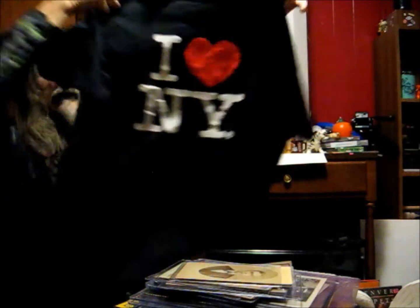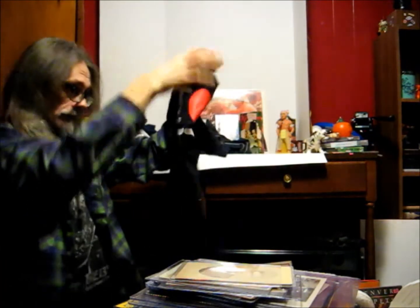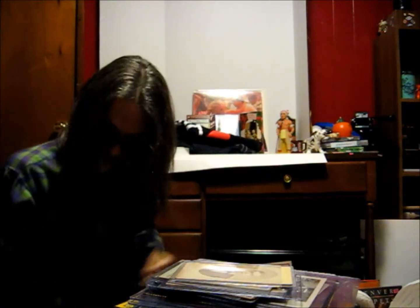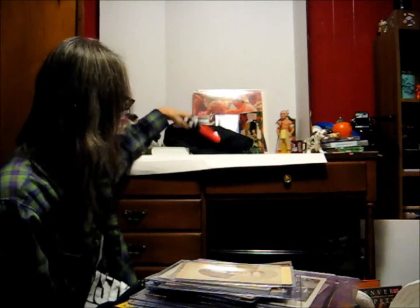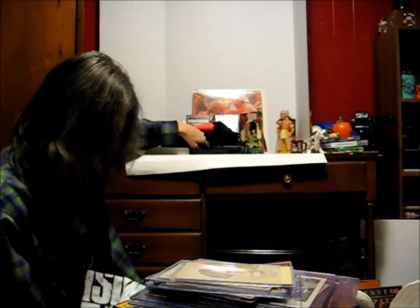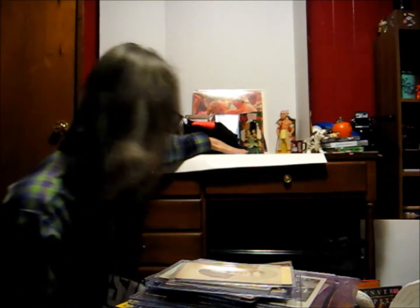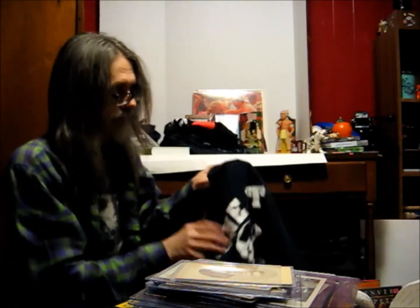I'm going to save the best for last. I got this. I was going to probably wear it. It's just typical New York. I always like that. The coffee cup matches it and everything. I love New York. But it looks almost new too. They just must have got a bunch of stuff. And these were all, by the way, 99 cents. The Skull one, I think it was this one was 99, so it was only 50 cents. And then this one,